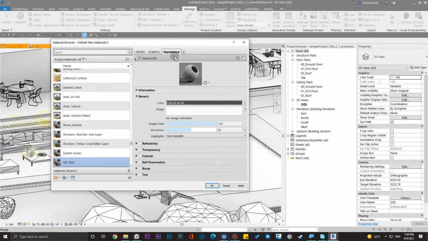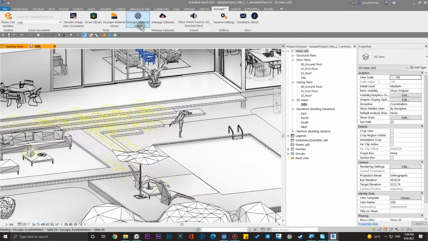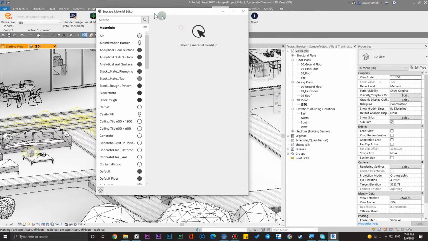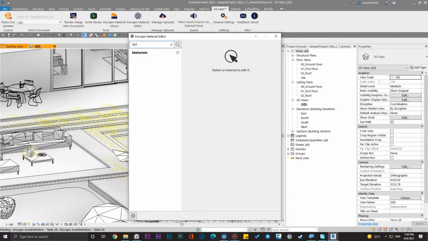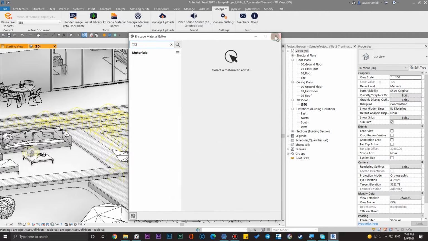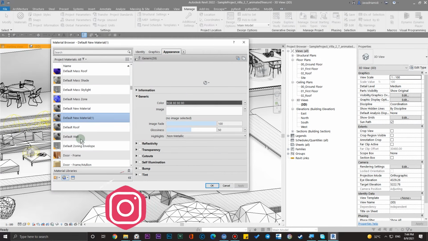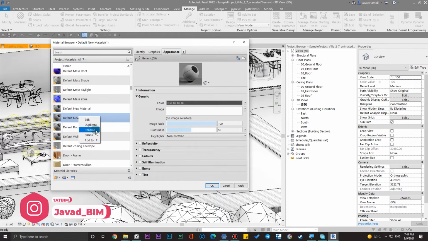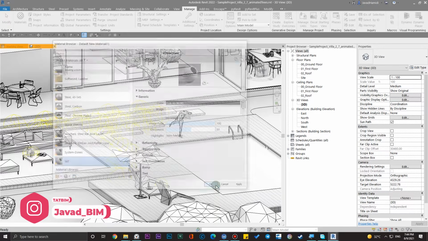Okay, let's go to the Enscape tab, and then let me open these things again. Now let me search test. It didn't create any material. Let me create a new material really fast. Let me rename this file to TAT. Click on OK, and now let's